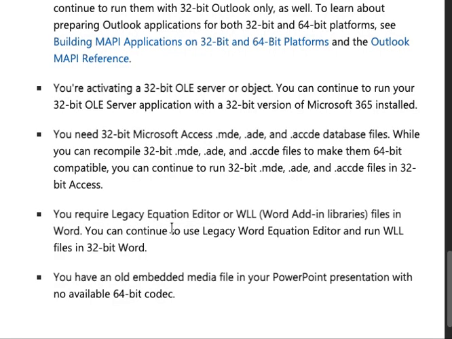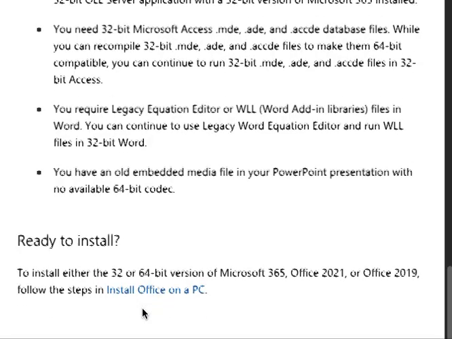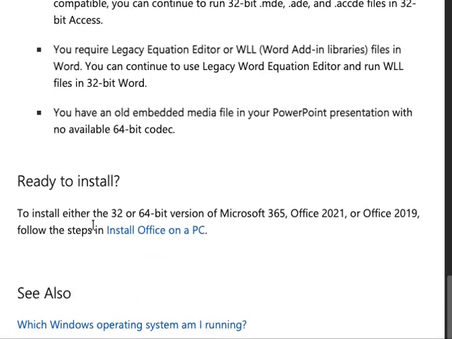You require legacy equation editor, WLL, Word add-in libraries files in Word. You can continue to use legacy Word equation editor and run WLL files in 32-bit Word. You have an old embedded media file in your PowerPoint presentation with no available 64-bit codec. To install either 32 or 64-bit 365, follow